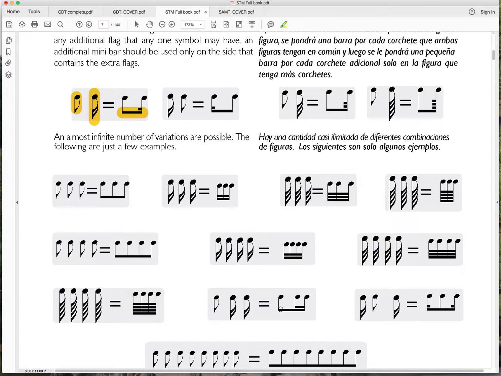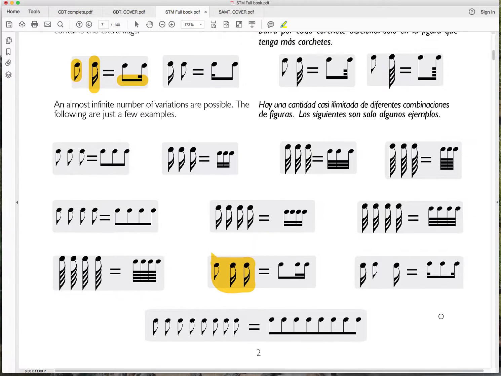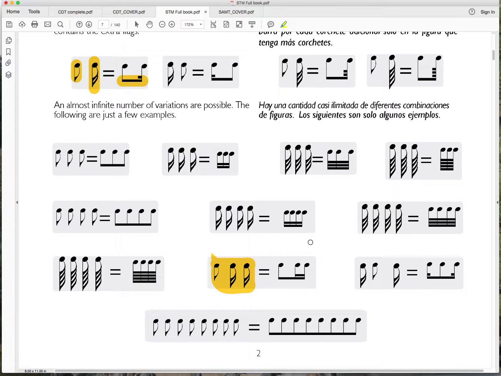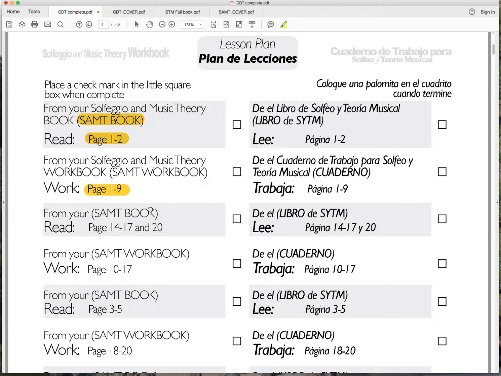You may also see three notes, one with one flag and two with two flags, and this is how you connect them. So you connect the two that have the two flags, and then one for the three, and it looks a little different every time. So once you do this, then you need to go to the Solfeggio Music 30 workbook